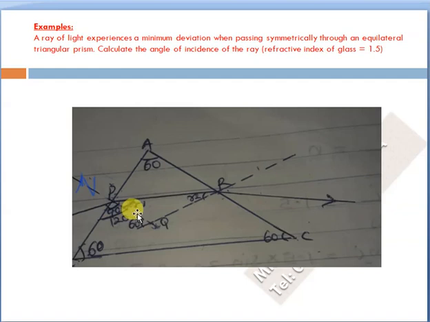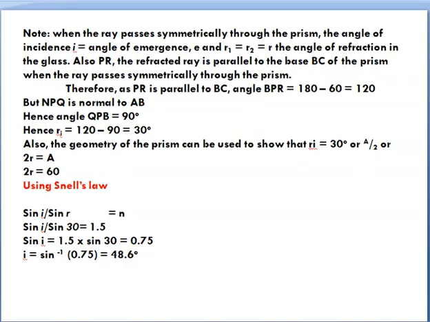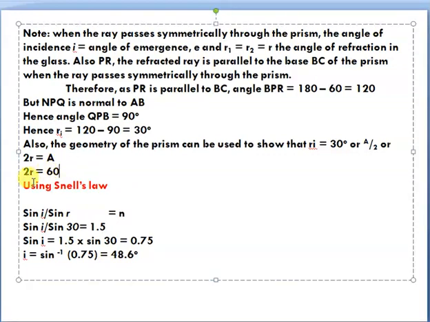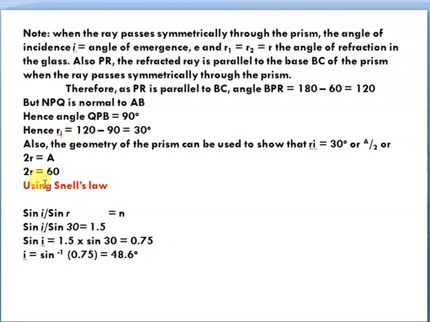But I told you you can equally solve it the other way around using the geometry of the prism, where we say that R1 plus R2 is equal to A. That means R plus R, which is 2R, is equal to the refracting angle, which is 60. So solving it with the geometry of the prism, you find out that 2R is also equal to A. We are trying to obtain our R. So if 2R is equal to A, which is 60, that means my R is also what? 30 degrees. So any of the methods we can use to solve it. Remember what we are looking for. We are looking for what? We are meant to calculate the angle of incidence